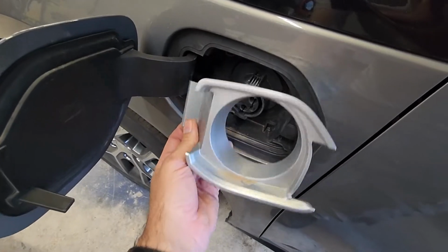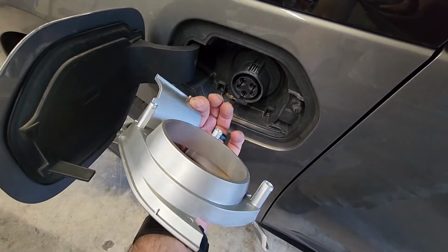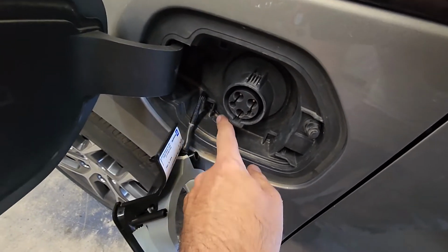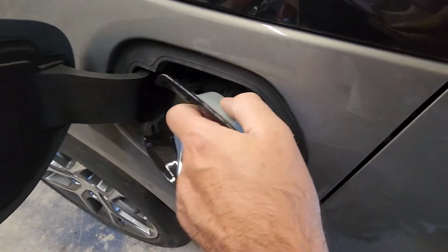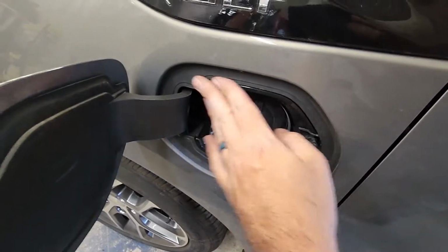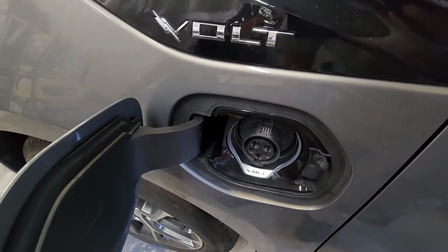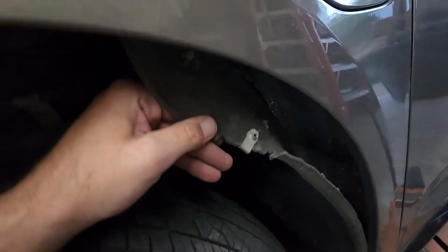This piece, you just pry up along the outside edge of it and it just pops out. Fish the wiring through the drain hole and push it all the way in. And slide this in place. Now if the charge port door is on, I gotta drag those other wires all the way back up. Well, because I'm smart and I didn't do this ahead of time,